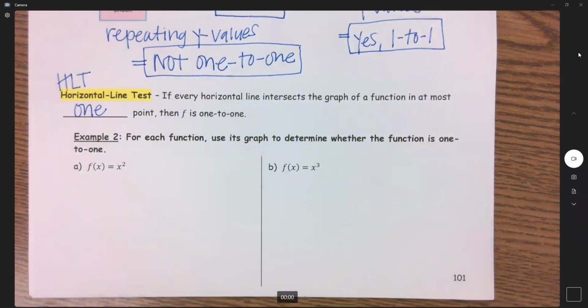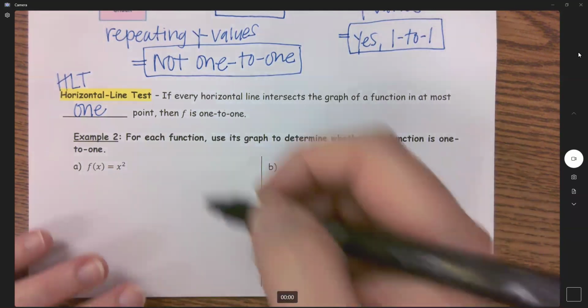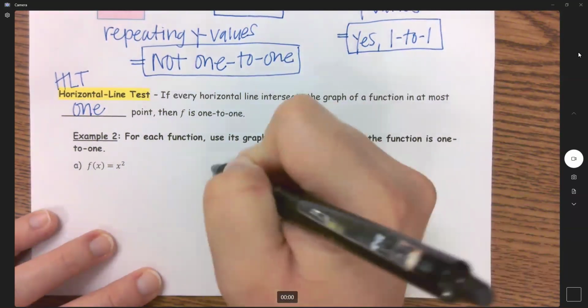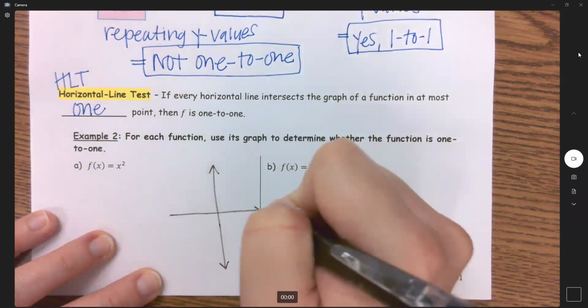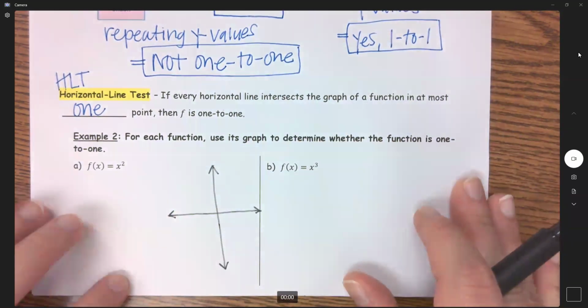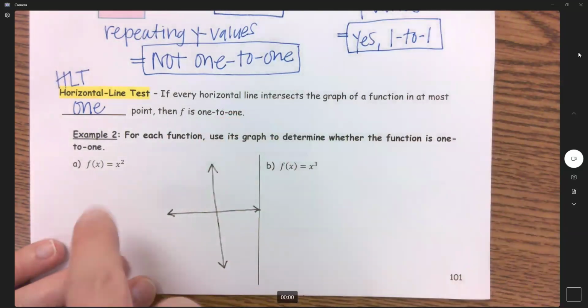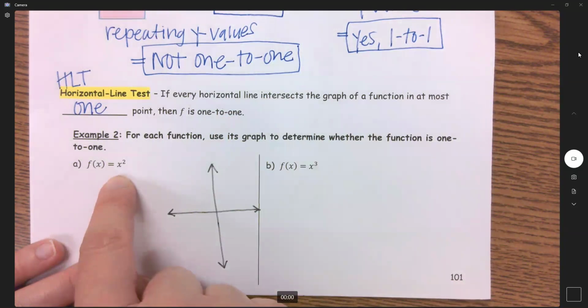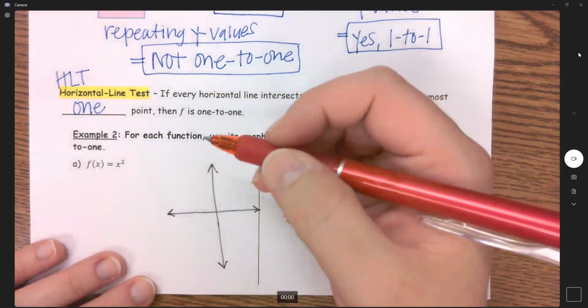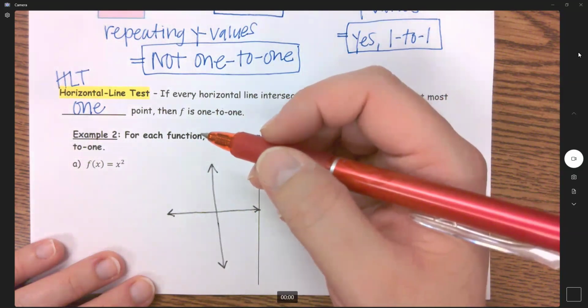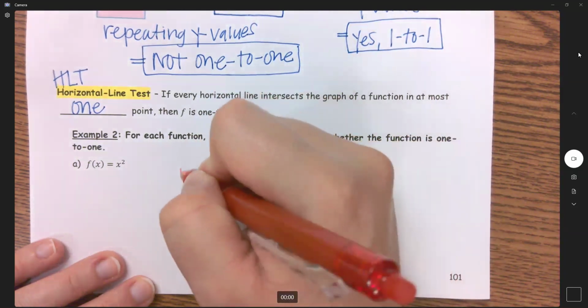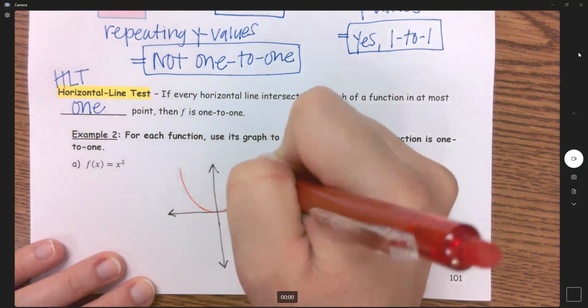The first thing that we have, let me get some different color pens out here, is f of x equals x squared. We have dealt with this graph and this kind of function quite a bit. So hopefully we know that our x squared is a parabola. And if we have just x squared, it means it's not being shifted up, down, left, or right. It's not getting compressed or stretched. It's not being reflected. So this is just your most basic U-shape